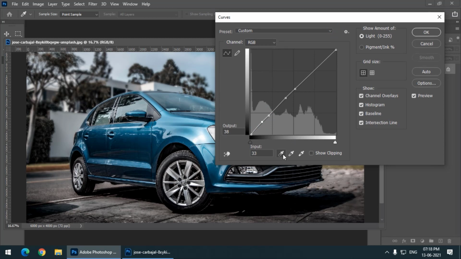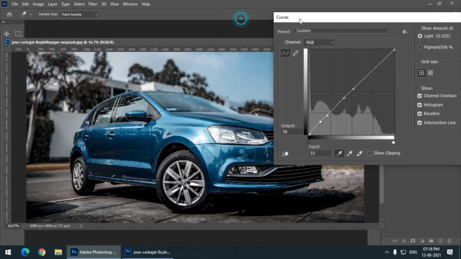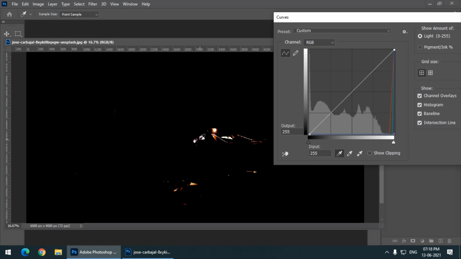Like we have the white point, we have the black point, and we also have the gray point. If I click on the black point, because I have clicked on a darker point, it hasn't changed much, but if I click on the bright pixels while selecting the black point, then it will become something like this.